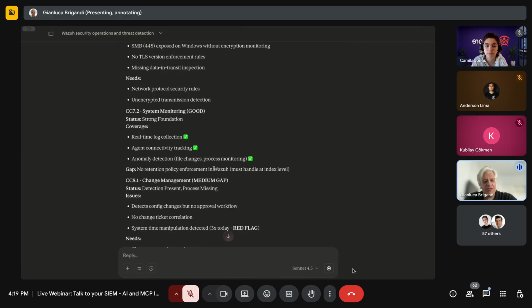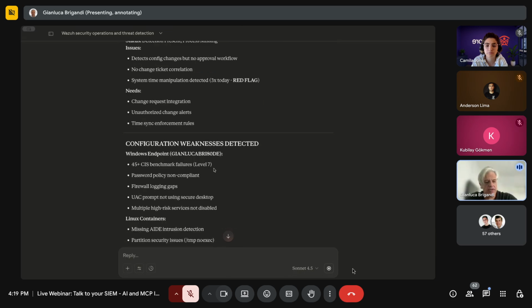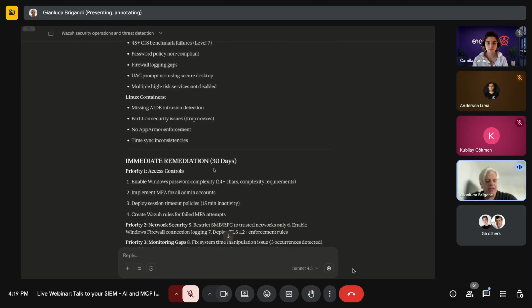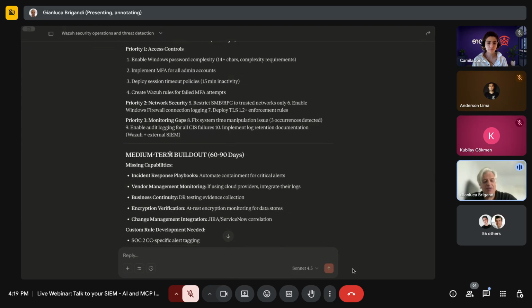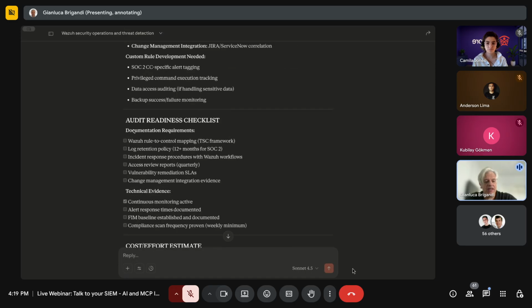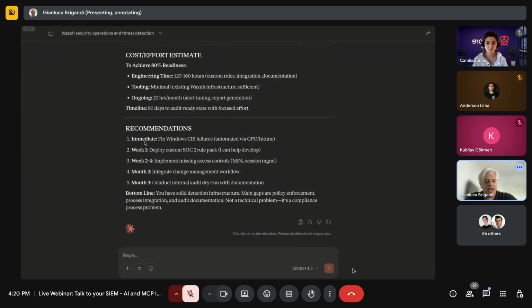So you don't necessarily need to, at least initially, go and hire a consultant. There are many things you can already know based on this, because the model is already trained with SOC 2 compliance. Let's say what is SOC 2 compliance? You just have to provide the rules, and it can provide, let's say, a gap. And this is the audit readiness checklist, and of course you will have to check it, right? To verify it. You cannot just trust this